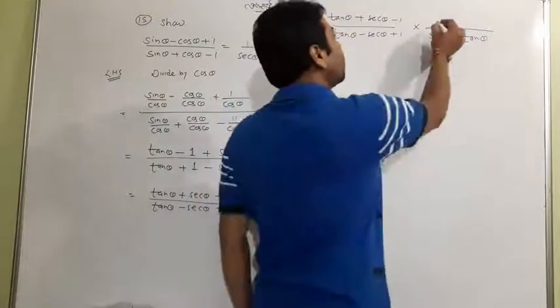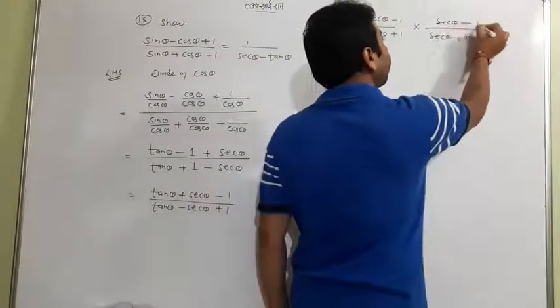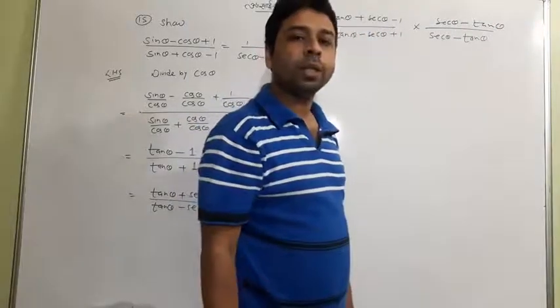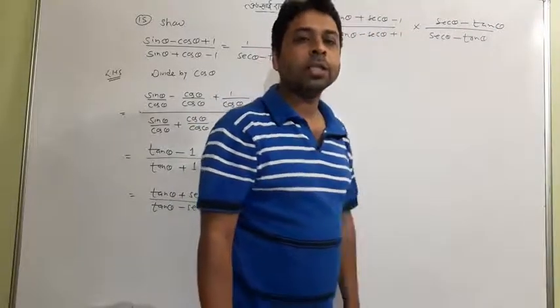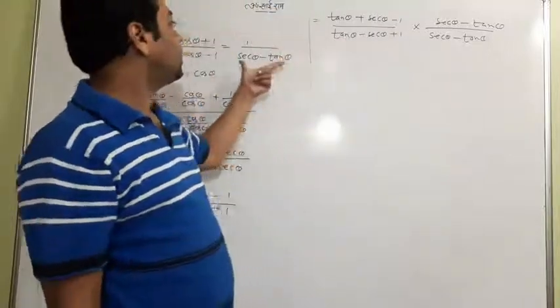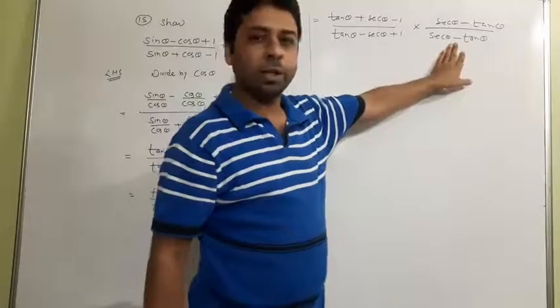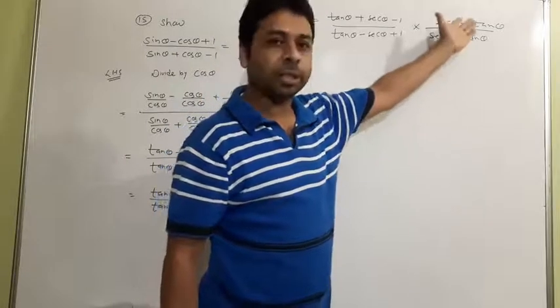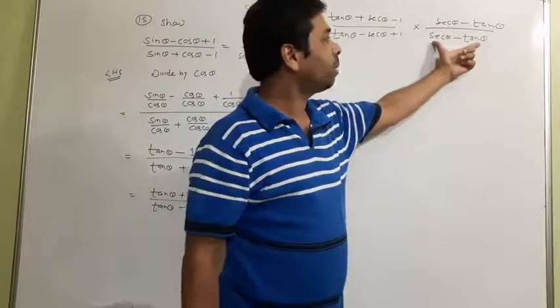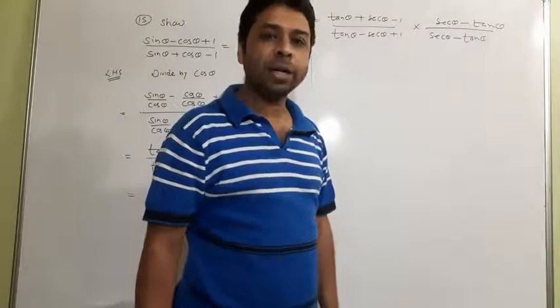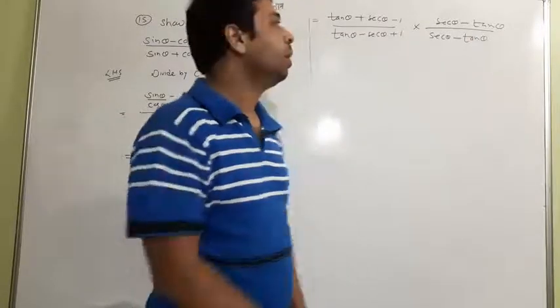So you have to multiply by sec theta minus tan theta as well, so that the terms will be balanced. Now you are thinking, why have I done it like that? This is just because I need sec theta minus tan theta in the denominator. So I created it, and when I created it, I have to balance it. That is the only reason, by dividing and multiplying.